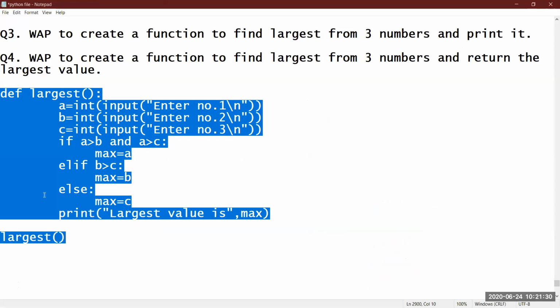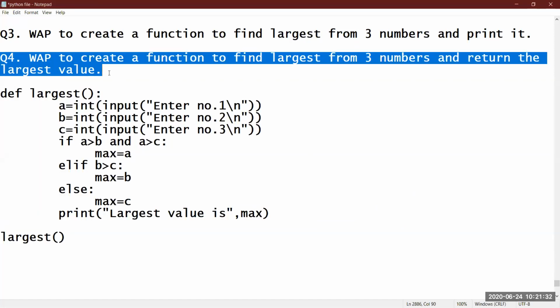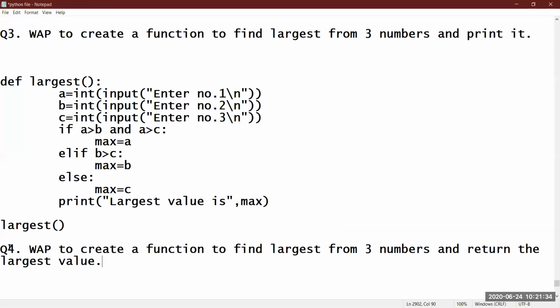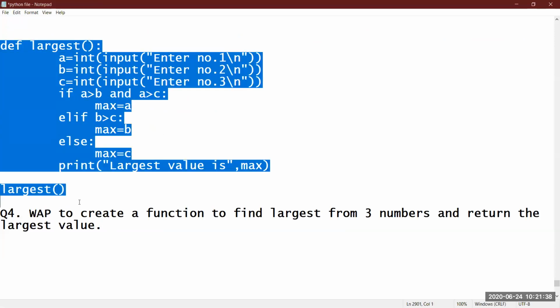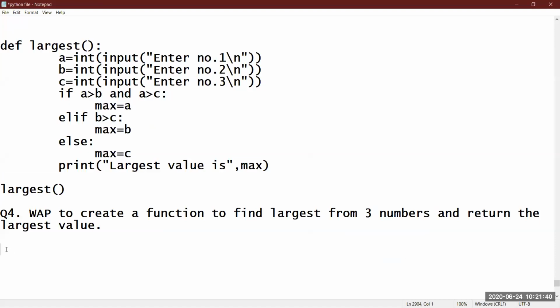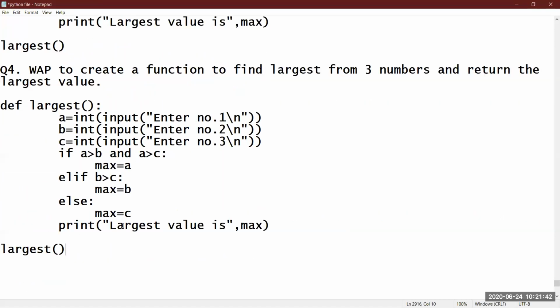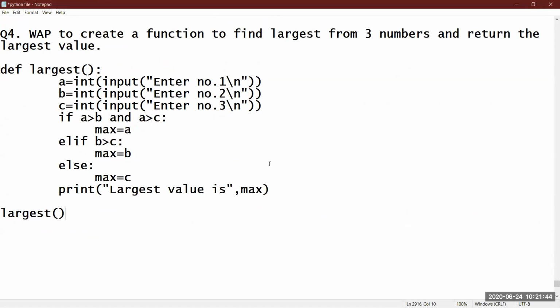The same question, I will just copy the code and what I will do, you have to remember the same thing. You just remember it like a blueprint कि ये एक blueprint है. Return करना है, हटा दो इसको. Generally print नहीं करते. Return क्या करते? Max. Return कर दिया max.